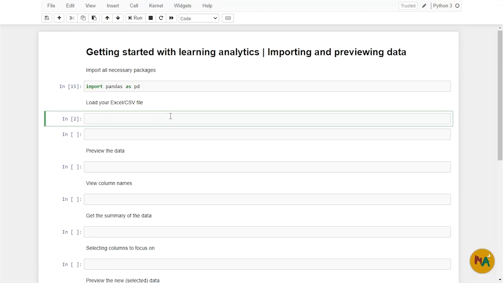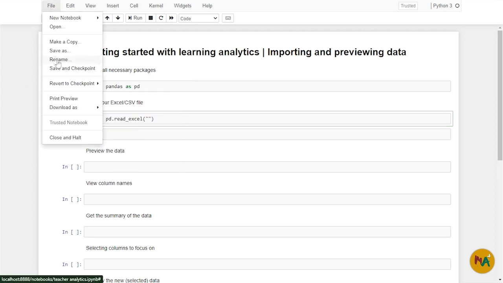And the second thing, you need to load your data. So then we'll use the pandas package to read the data. So the file that I'll be using is in the Excel format. So I'm just going to show you how to load the file in a simpler way.